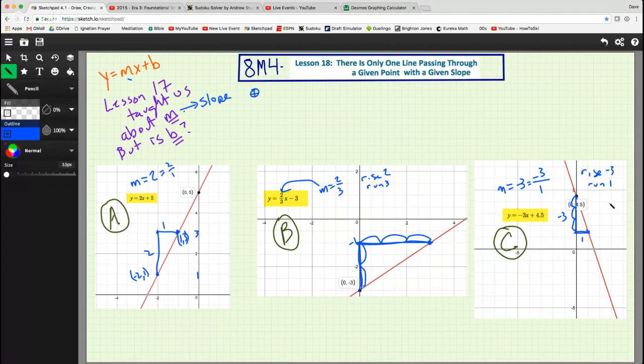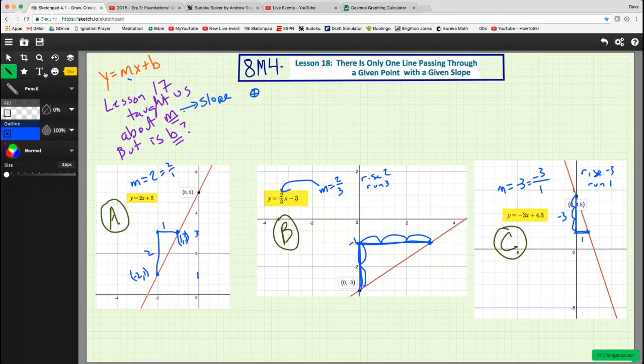Now the question is what is this concept of b, and how can we relate it to this graph, to these numbers? And we had a clue from our last lesson. Near the end of the last lesson, if you recall, I kind of said, take a look at this. That's our b, right? And then how does that relate to our y-intercept, to this number here? And I kind of gave you the hint. Where do we cross the y-axis? And how does that number relate to our